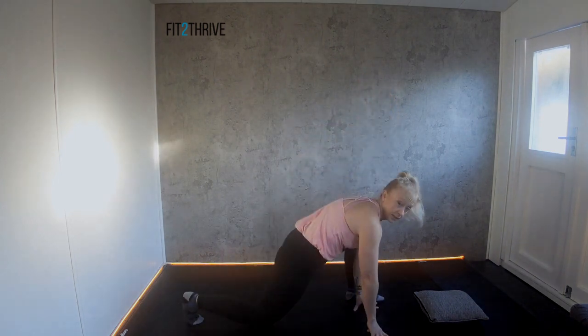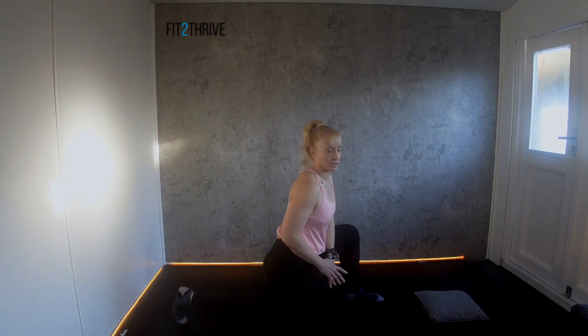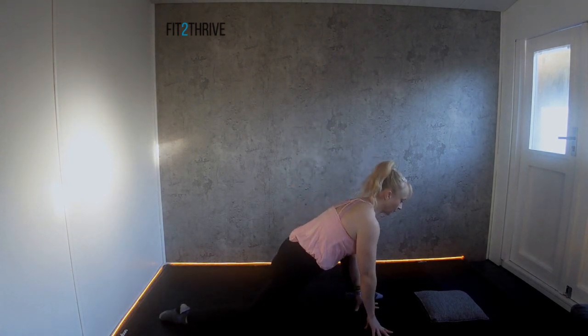Now we're going to hit the ground. I'm going to turn to the side so you can see. We're going to come down into a lunge. You want your hands underneath your shoulders. This back leg, foot down, okay? Don't tuck your toe. We're going to have the hands on the shoulders, pull the shoulders down and rock